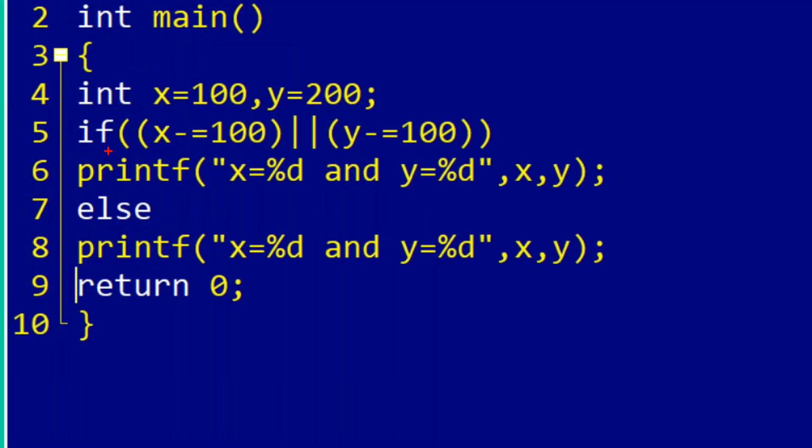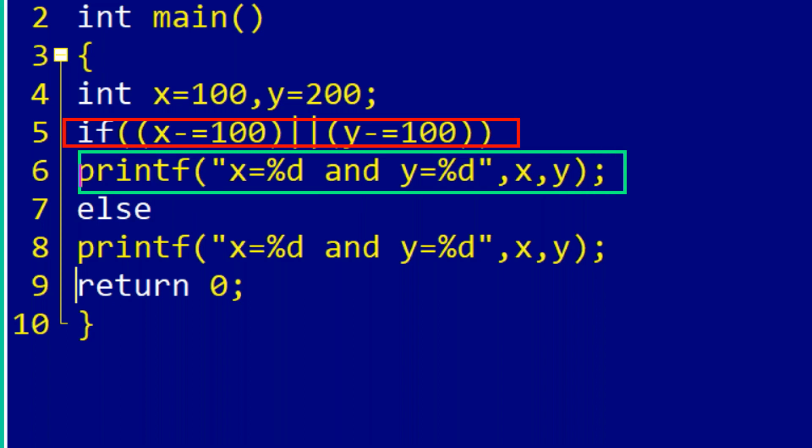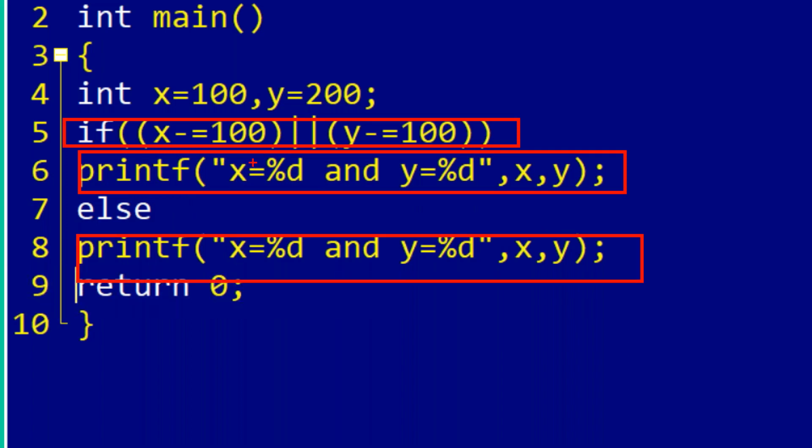Generally, how will if else work? Basically, if this condition is true, the statement block is executed. If this condition is false, the else block is executed. Actually, tomorrow I will start this concept, conditional statements. But today, for the purpose of this logical OR example, I'm considering the if else block. So if else block means what?